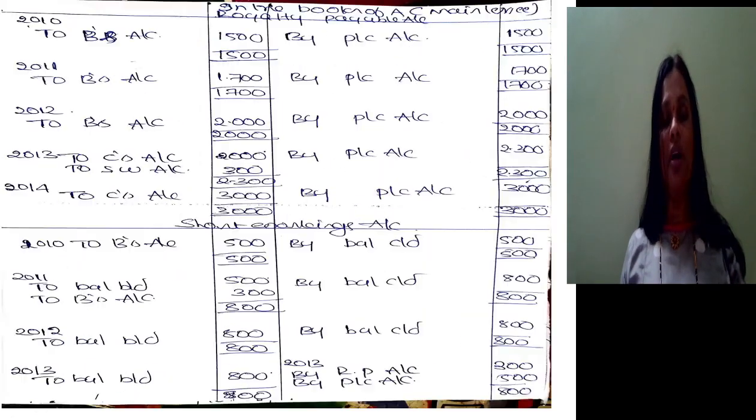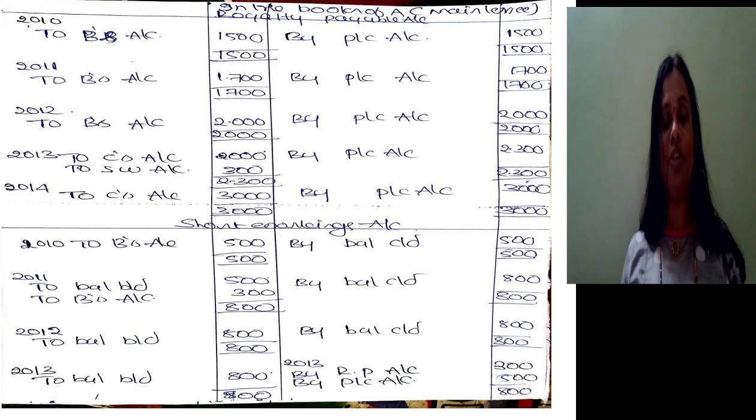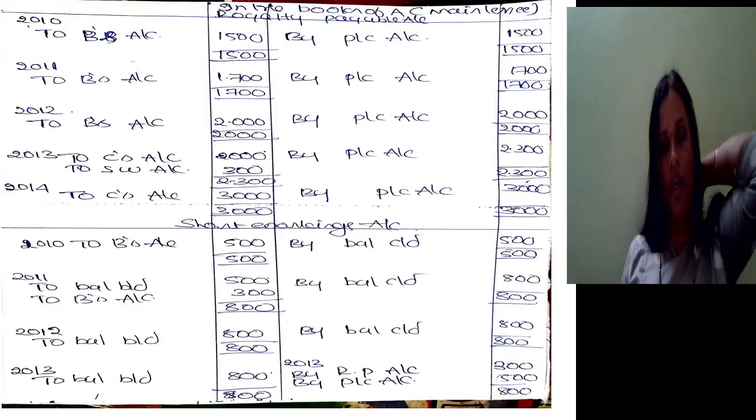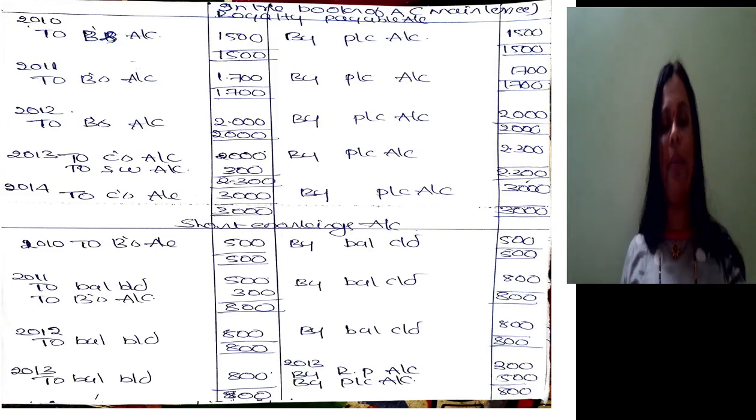Next, the fourth year, we are moving to a situation where there is excess, and the excess is used to recoup short working, and the unrecoverable short working is transferred to the profit and loss account. It is exactly equal to the fourth circumstance which we discussed. In that situation the due entry is royalty payable account debit to lessor account 2000 and to short working account 300. So 300 to the extent of recoupment. So royalty payable account debit to lessor account and to short working account. Royalty payable should be closed by transferring it to the profit and loss account. In short working, by royalty payable 300.